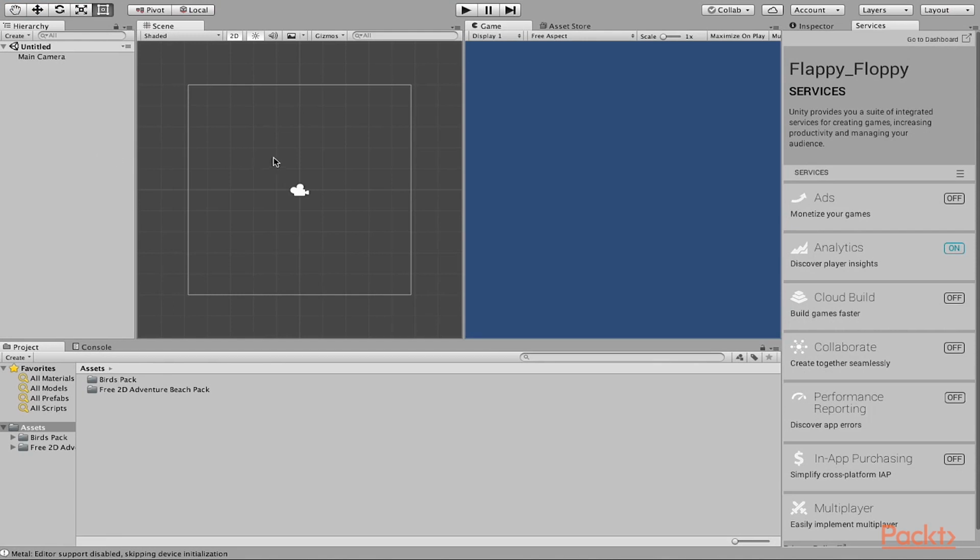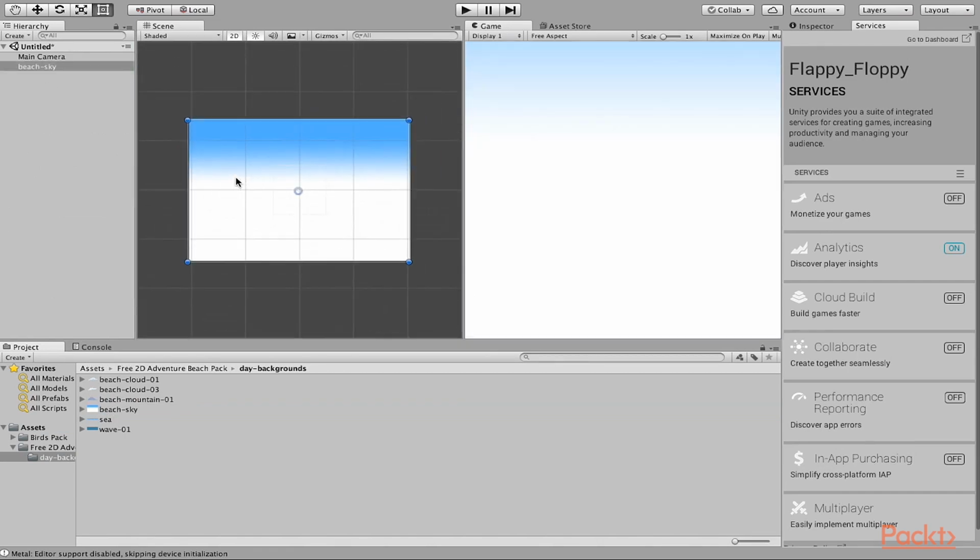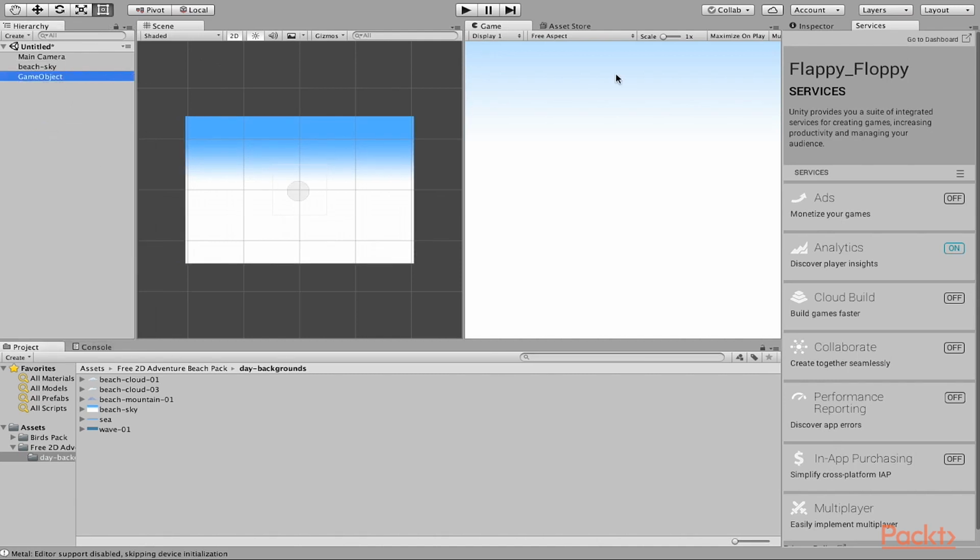So let's work on creating our scene. What we want is a parallax scrolling background. We want to have a nice background for our game so our bird is actually flying in front of the background, and we have a little bit of a scene going on behind it. So let's find a beach sky asset right here. There are actually two ways that we can do this. We can just throw it in like that, or we can create an empty game object,